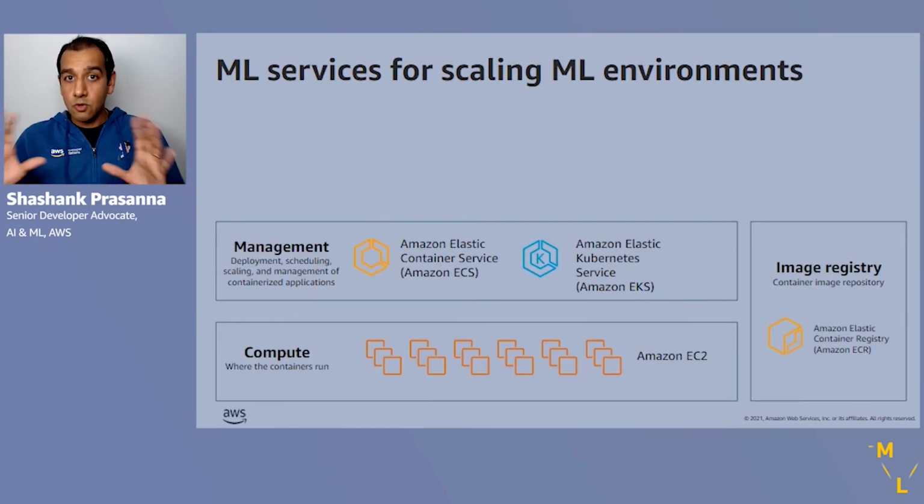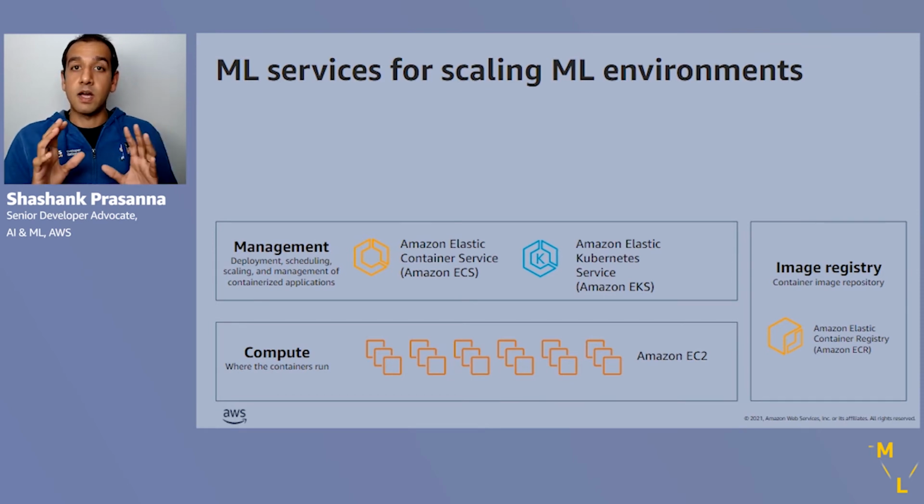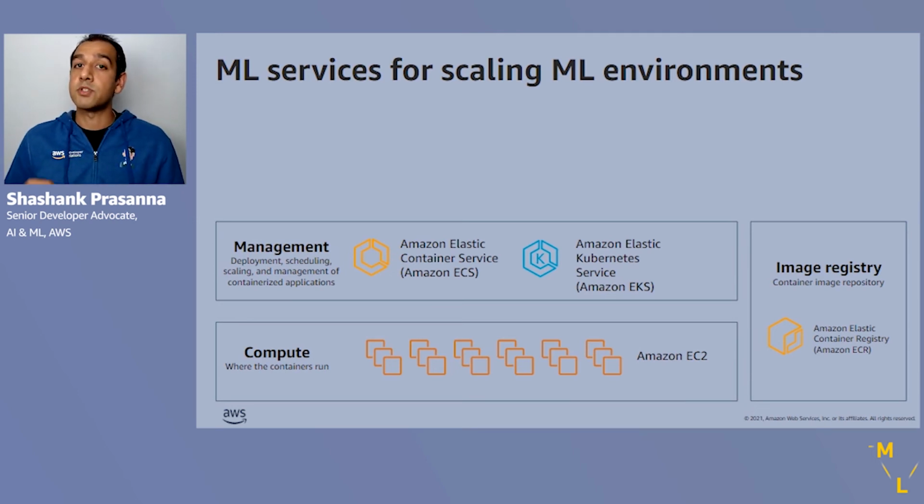Okay, so far we've discussed compute, we've discussed where you store your custom environments in containers, and we spoke about the management layer. I mentioned ECS, but we also spoke about Amazon EKS as a way to do this. Now, in spite of Kubeflow, you still need some expertise in order to set up a Kubernetes cluster, set up Kubeflow on top of it, and set up Jupyter Notebook servers in order to start using this for your data science workflow. Now, a lot of developers or data scientists don't want to go through all these steps. This is where fully managed services like Amazon SageMaker come into the picture.